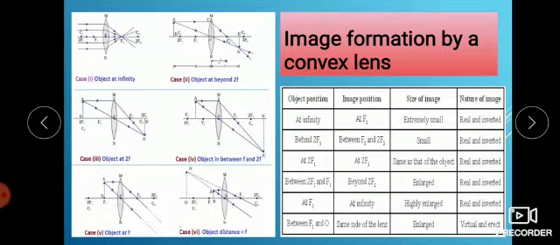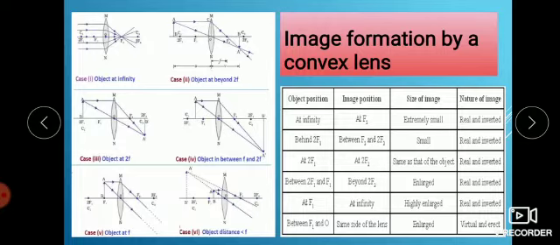So that is 6 positions. First you have to identify the 6 positions, so write them in an order. Leave the last point of it, and then just the opposite of this you are going to write here. And extremely small, small, same as the object, enlarged and highly enlarged. This is the same strategy that we have done for the mirror.